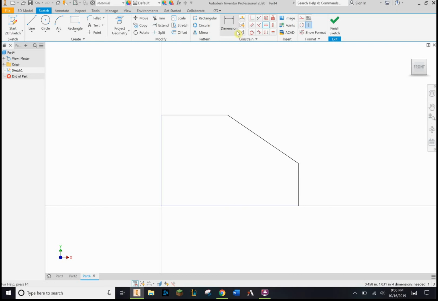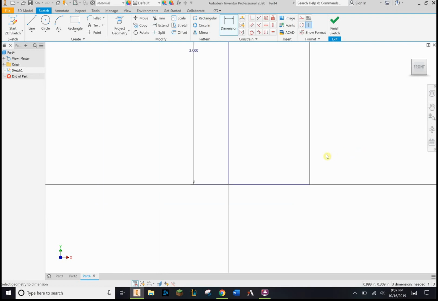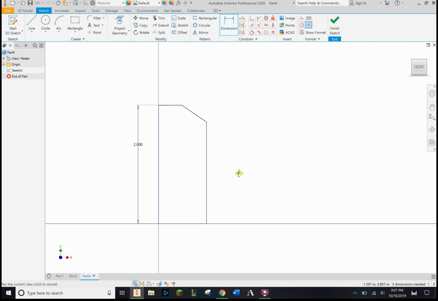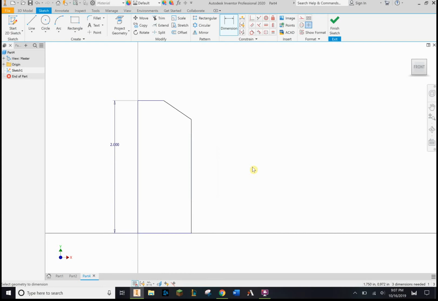Now I'm going to use the dimension tool to measure distance for all these sides. So this one is going to be 2 inches. Now you notice that what happened here is when I changed the dimension of the shape, it ended up getting much larger, and now I can't see the whole shape properly. So I'm going to zoom out a little bit to bring the shape back into the center of my screen